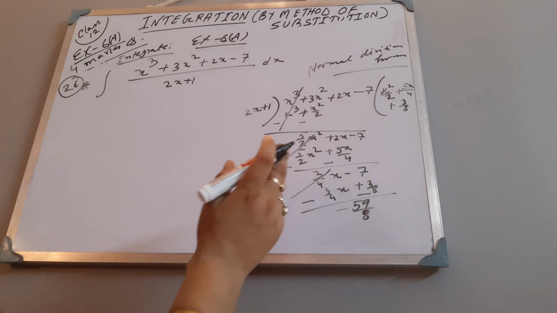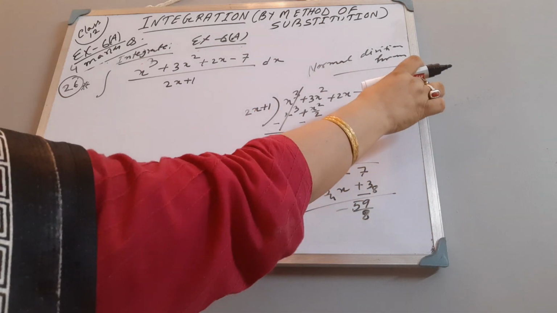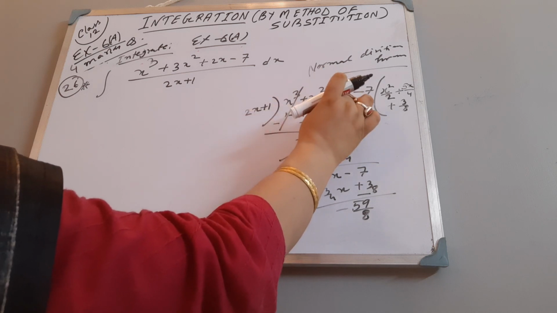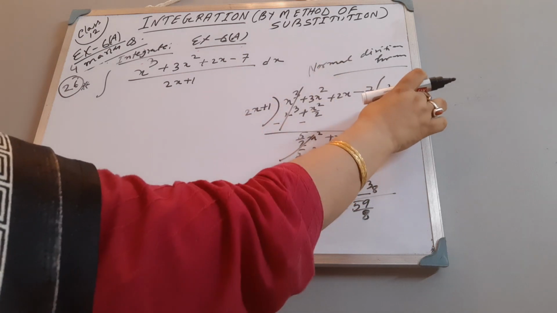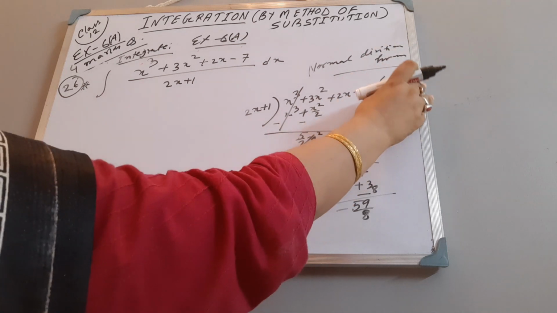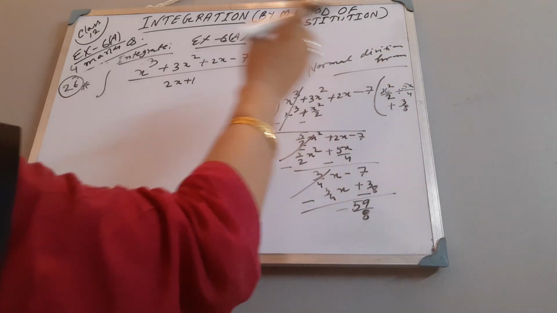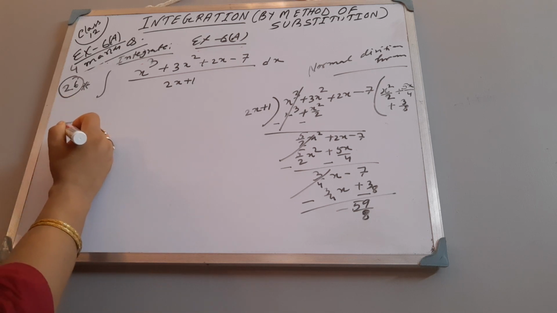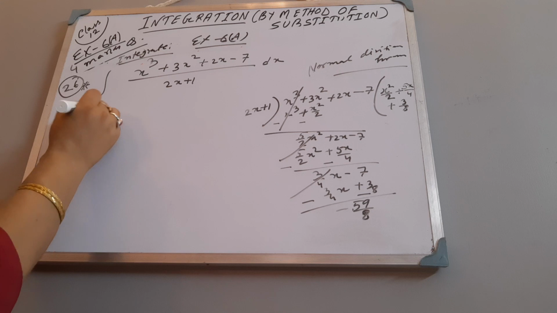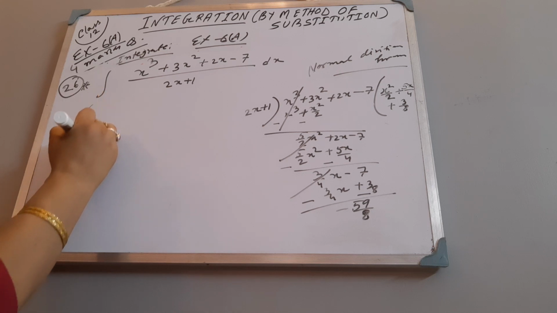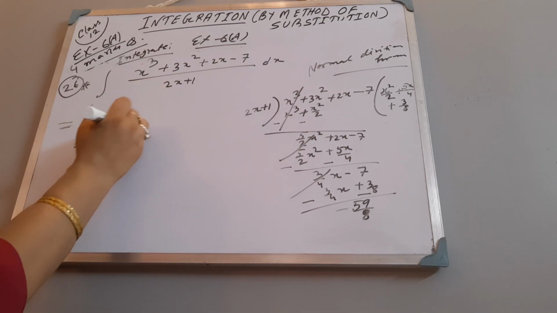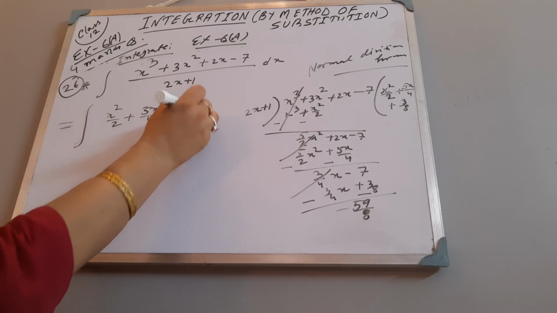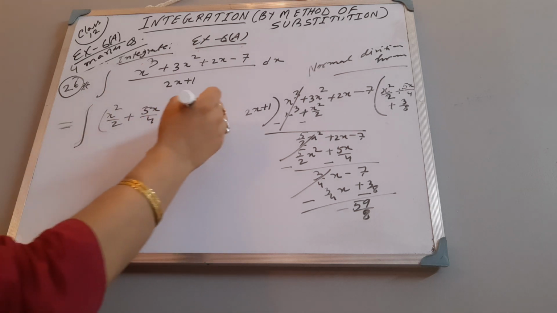Okay. Now according to the division rule, the quotient part is this, the remainder is this. So x cube plus 3x square plus 2x minus 1 is equal to this whole part, and minus 59 by 8 whole divided by 2x plus 1. We will just write it in the normal division form. What is the quotient part? The quotient part is x square by 2 plus 5x by 4 plus 3 by 8.